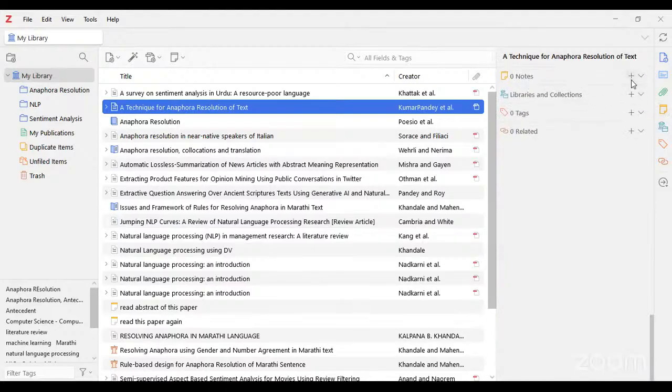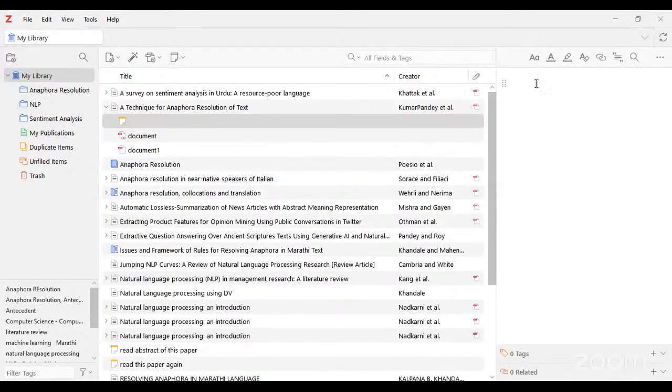Suppose I click on the plus button, and right here, rename this paper title. You can see here this particular paper, A Technique for Anaphora Resolution of Text. For this paper we have created the rename this paper note.